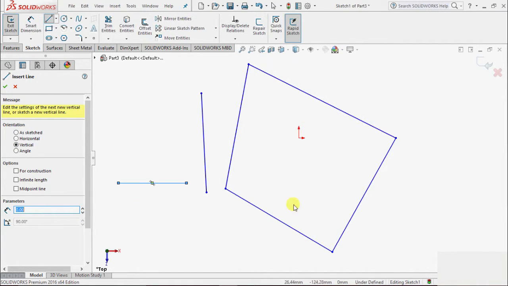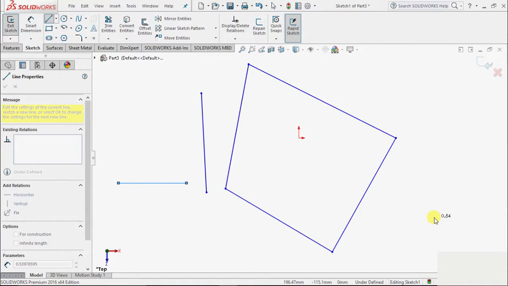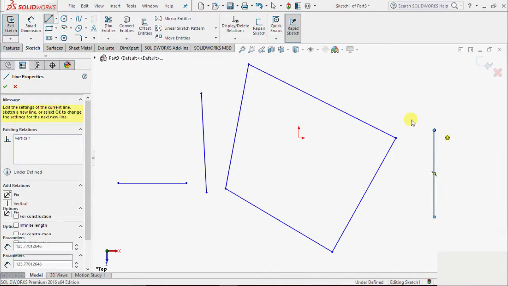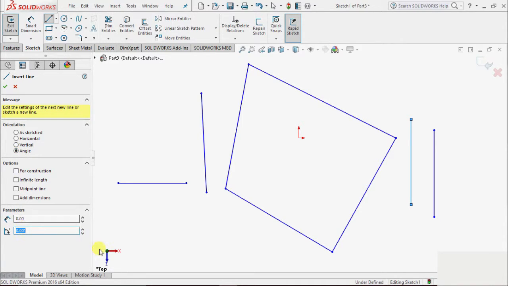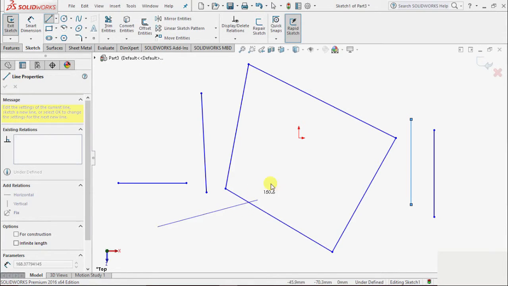So we have to start somewhere. Suppose I select this first point from here, and then take the cursor upward or downward, and length. Right click, escape, and click OK. Another option is angle. We can define some specific angle for a line. I select this angle, and then here we can specify the angle value. Suppose I select this angle 15, press enter, and then I draw a line. It will create a line at 15 degrees to the horizontal. Okay, we can now insert the value of length and click OK,